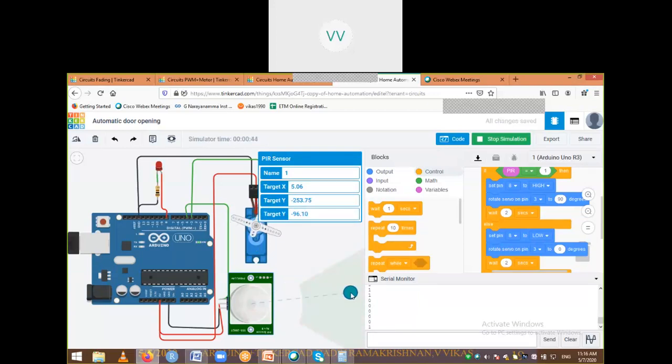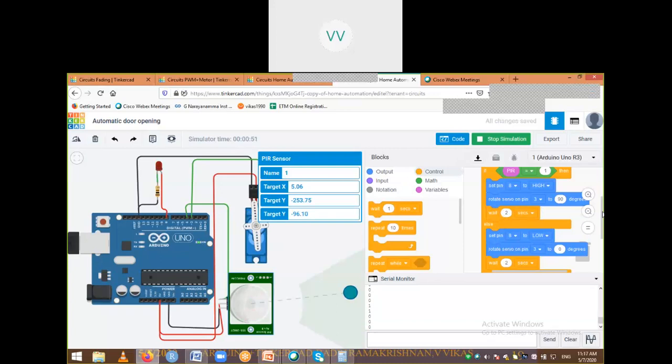There is a small delay. First the servo motor is rotating, then you are able to see 1 in the serial monitor, because I am waiting 2 seconds before I print that to the serial monitor.